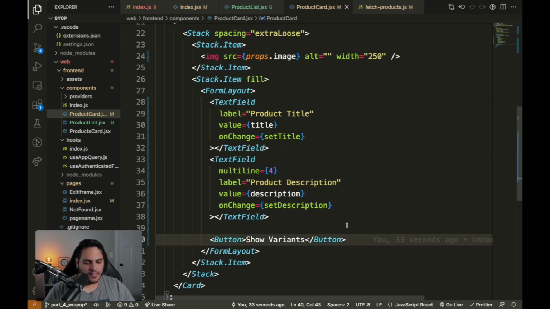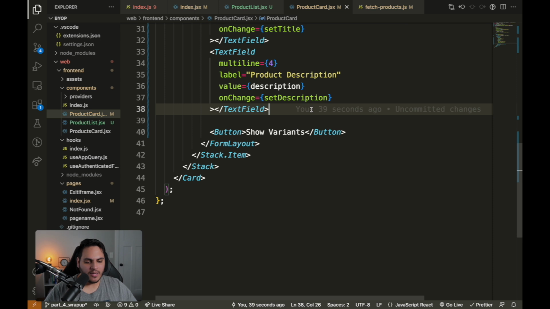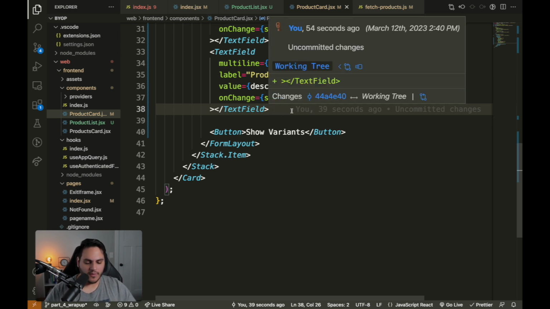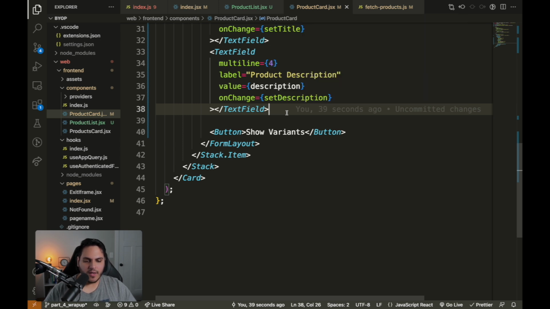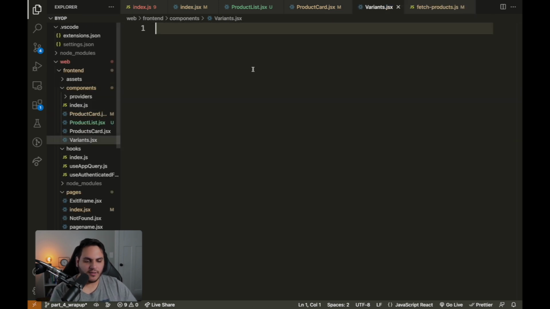So now that we have the button here, let's go ahead and actually set up the variance table. If you remember, in one of the past videos I showed a preview of what it'll look like, and I'll probably put one on the screen here, but it's just a collapsible table where it just shows the variant product or the price and the title of the variant. So we're going to create that table now. And to do that, we're going to create a new component in the components directory, and we're just going to call it variance.jsx